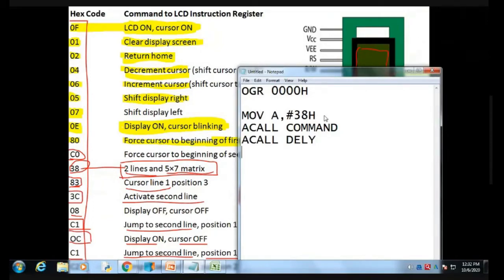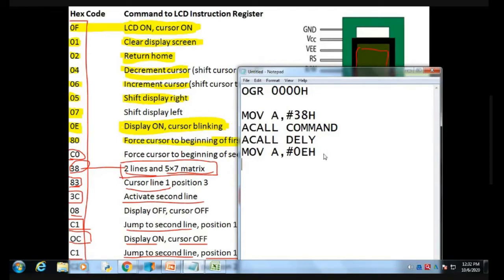Now for the next command I put MOV A, #0EH. What is meant by 0EH? 0EH is nothing but display on and cursor blinking.